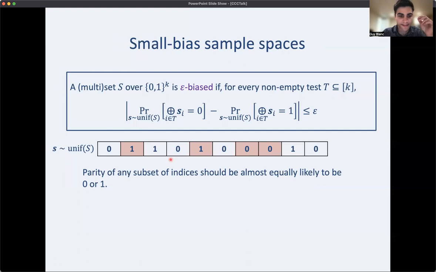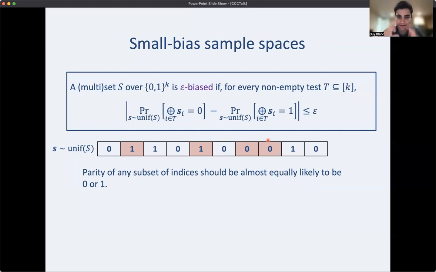Each test specifies a subset of the bits. So in this diagram, I'm specifying the second bit, the fifth bit, the seventh and eighth bit, and then I take the parity of them. If the string we're taking the parity over is truly random, then the parity is equally likely to be 0 and 1. And so what we want of our set big S is that if you take